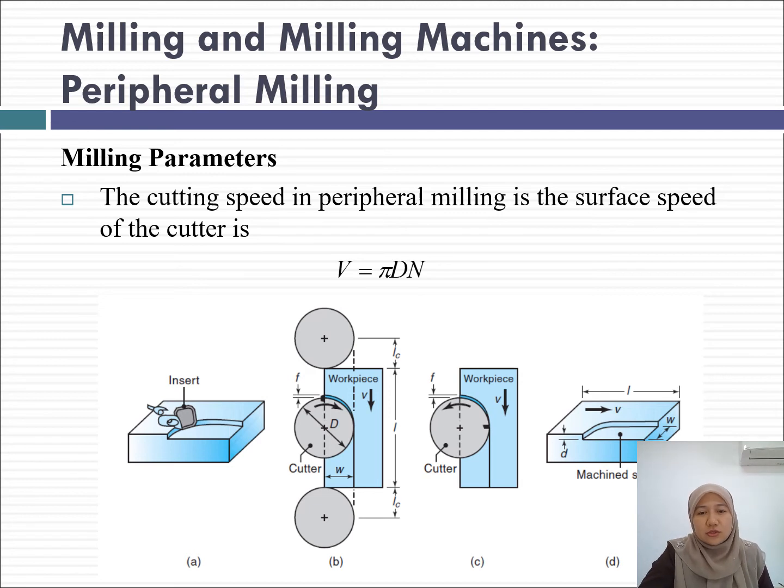So you can also look at the pictures for the other unknown values related to milling operations, such as the length and the feed direction, which gives the value for cutting speed, which is V. The feed, f, in the unit of mm. The width of the cutting, W. Okay, what else in the picture? Diameter of the cutter and so on. Okay, so small d is the depth of cut.